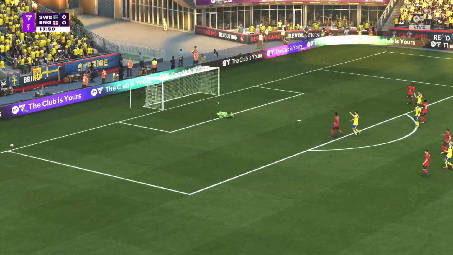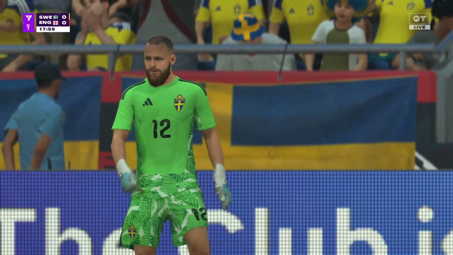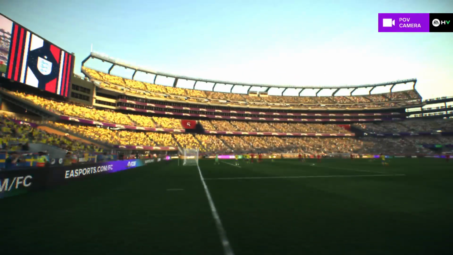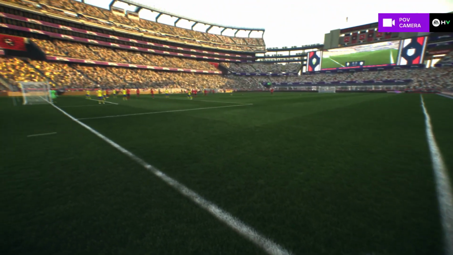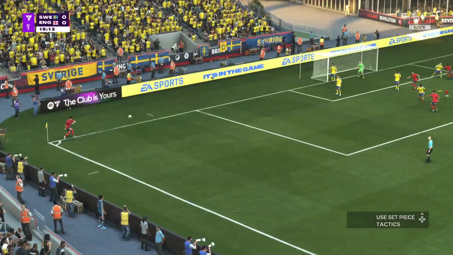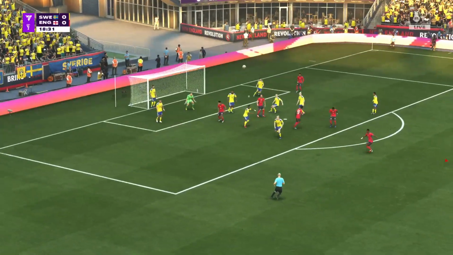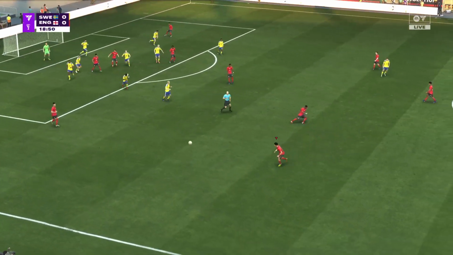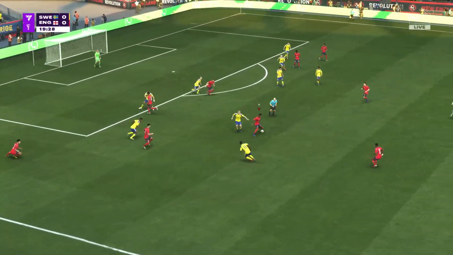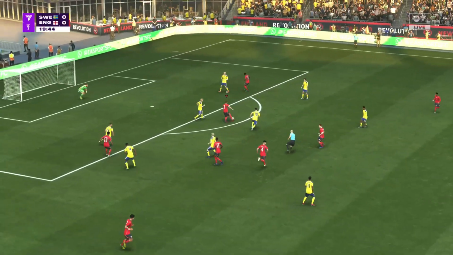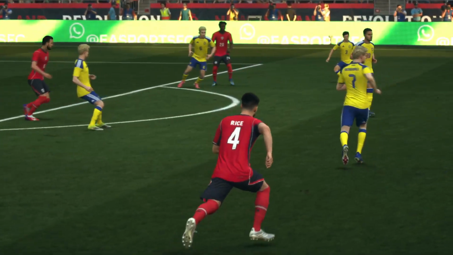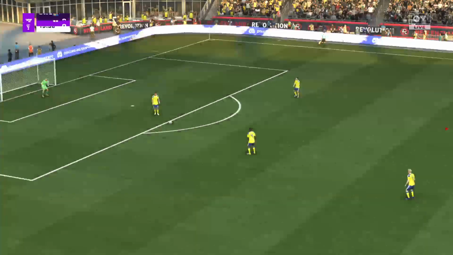Can he find the net? Goalkeeper getting in the way. Superb save. Trying to deliver it accurately. No threat about it. Kane. And the flag has gone up. Well, he has to work a lot harder to stay onside there. He didn't read the situation at all.